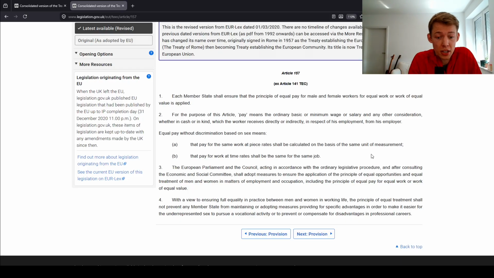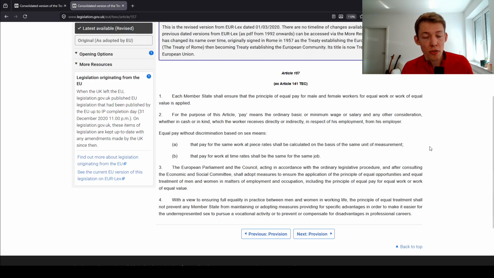The national court can say, do we have equal pay for equal work? No, because, for example, men and women are paid a different amount per hour for exactly the same work. And then this legal provision is clear enough that the national judge can actually decide the case based on Article 157 TFEU. So the question is, can the national judge in this case use this provision to decide the case?